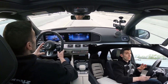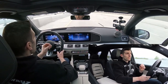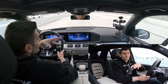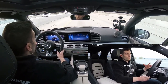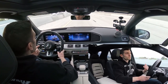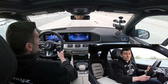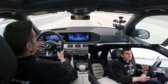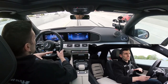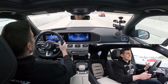Talking about the acceleration, this thing is wickedly quick after you get past a little bit of that turbo lag. And that kind of surprises me because not only does this vehicle have that electric motor, integrated starter motor that kind of gives you a little bit extra boost, but this is also a V8 engine, granted a smaller one at 4 liters, but you do still have a little bit of turbo lag here. So when you're talking 0 to maybe 15, it takes maybe a second and a half for it to really kick in. But once you get into the higher RPM range, once that turbo spools up, this thing has just